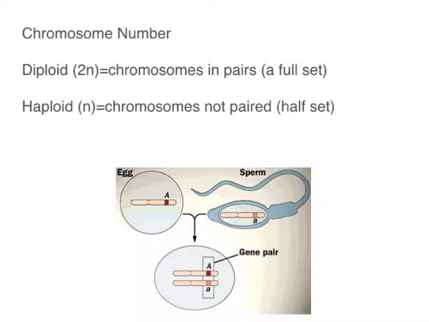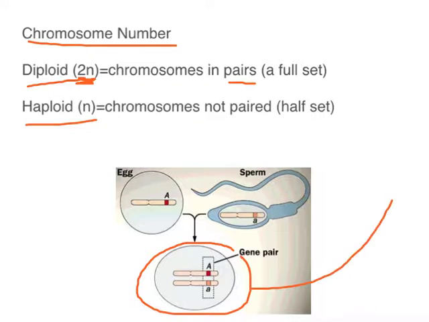The last thing I want to do before we go into our last thing is talk about chromosome number. There are two terms that come up with chromosome number, diploid and haploid. Diploid is always abbreviated using 2N, and that's because chromosomes are paired. The cell here that is diploid is this one right here. It's the one where you can see you've got pairs of chromosomes. This is a pair of chromosomes, and so that's a full set of chromosomes.